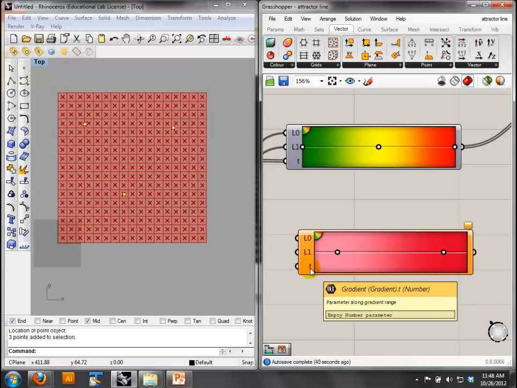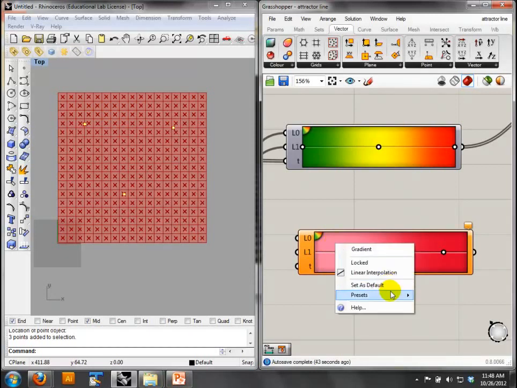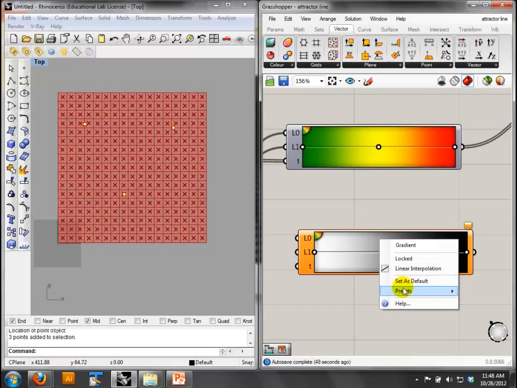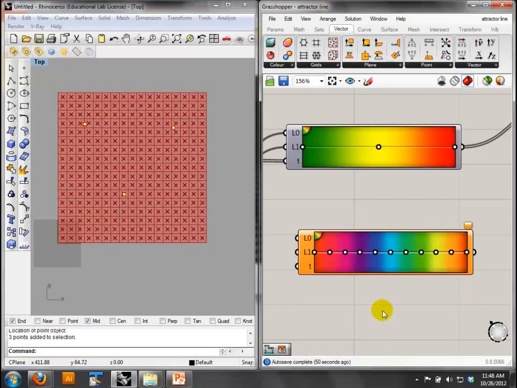If you right-click on it, there's different presets. So I could just do it as black and white. I could do it as a heat map. I could do it as a rainbow. There's all kinds of different ways to do this. You can also make your own gradients, just like you do in Photoshop. But these are really useful for color coding diagrams of things, or even changing the facade of your building to be different colors. So what I've done is,